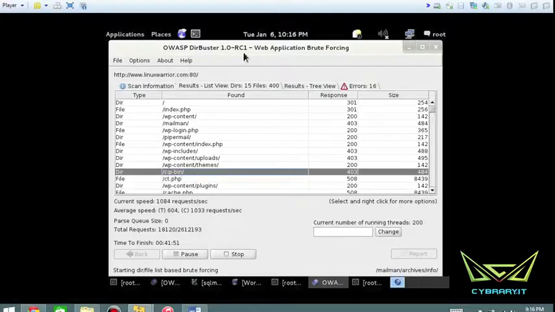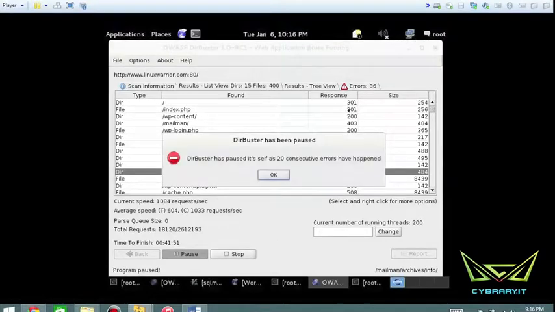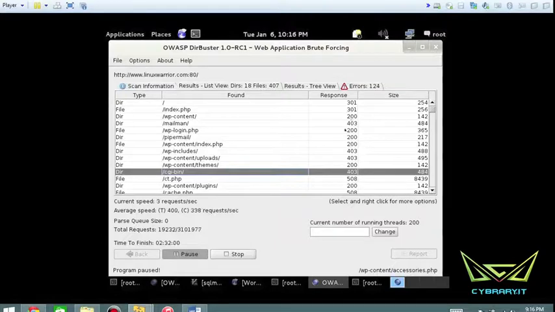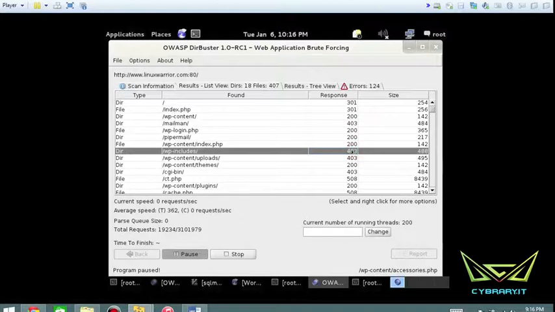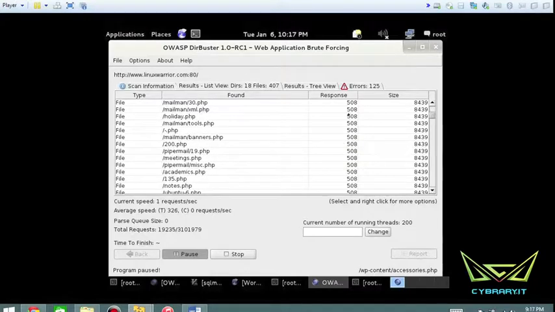And more importantly, it also tells you the response here. And these responses are pretty important because a great example here is index.php. Now we got a bunch of pop-ups here, so let's go back. So you got the response here. These 301s are redirects, where 403 is going to be like a permission denied. So each one of these actually means something, and you could easily Google these, in terms of, what is a